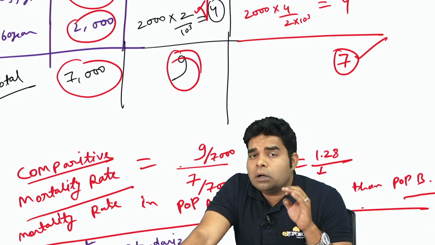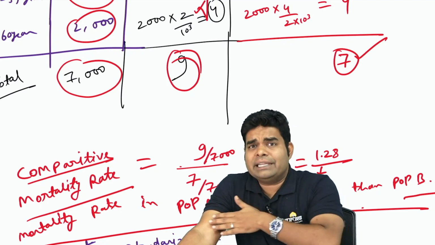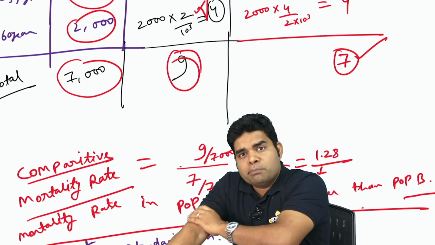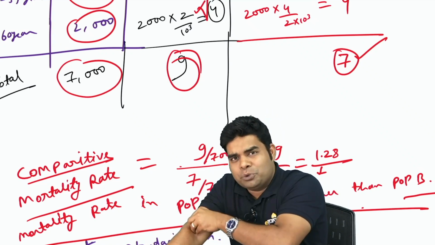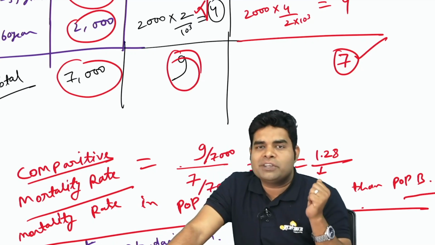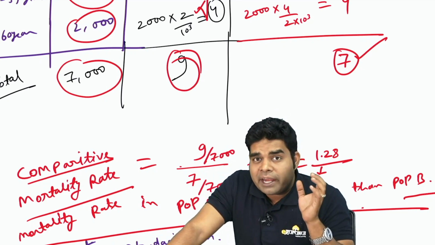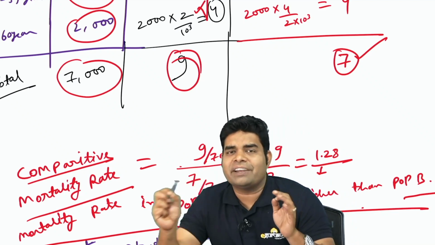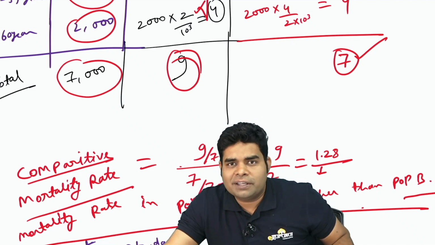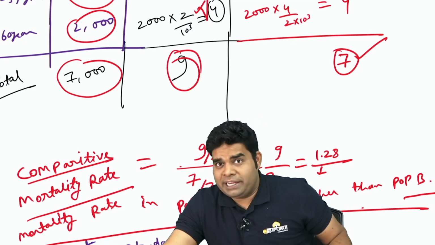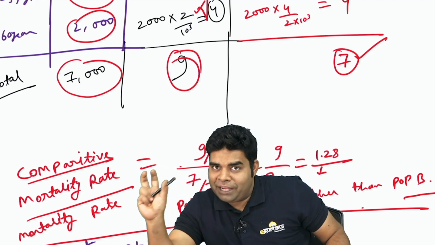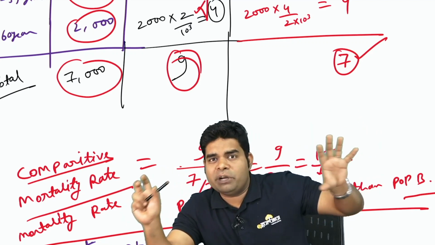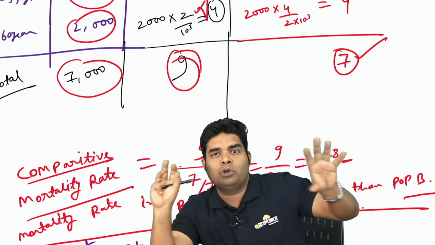But you don't know how much higher it is than the normal population. You want to compare how many more deaths are occurring among drug users as compared to the normal population. Here you do not know the age specific death rate in the IV drug user population. That's why we compare the deaths of IV drug users with the standard population. So here we do not know the age specific death rate of both populations.